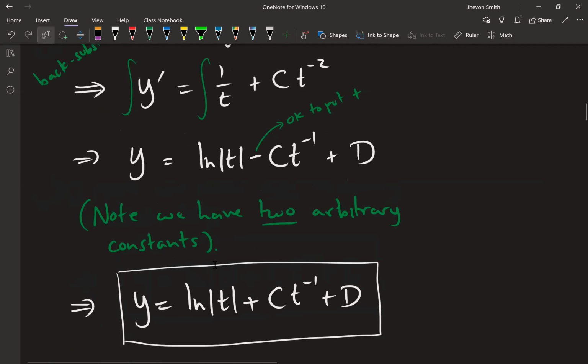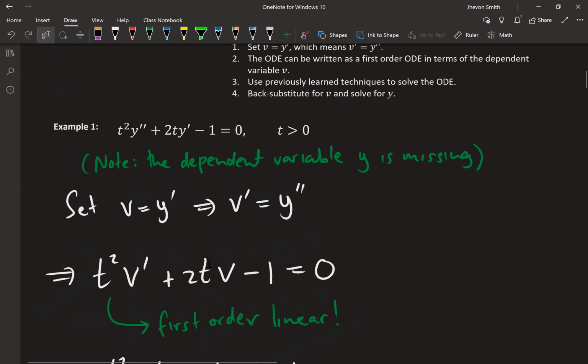That is one scenario you can find yourselves in. This is a scenario that works well with reduction of order. And as long as you have two derivatives appearing and they're one derivative apart, you can actually do a method like this. So for example, if I had a y triple prime and a y double prime in the second part, I could set v equals y double prime. Then my v prime would be the y triple prime, and I've reduced a third order to a first order,